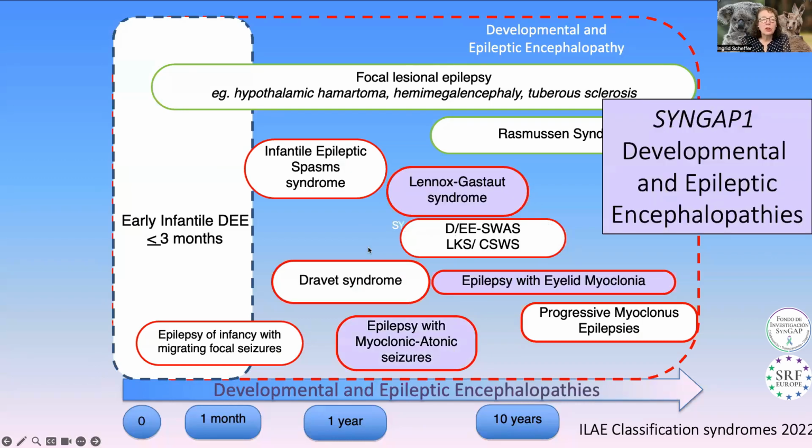And with our epidemiology, well, actually, just before I get to that slide, with SYNGAP1, these are the main developmental and epileptic encephalopathy syndromic boxes that we see. Epilepsy with myoclonic atonic seizures, and that's like the little girl I just showed you who had that very dramatic drop attack. Epilepsy with eyelid myoclonias, where you have very rapid eyelid fluttering and you're often photosensitive, and Lennox-Gastaut syndrome, which is characterized by nasty tonic seizures, which can also cause you to fall to the ground.